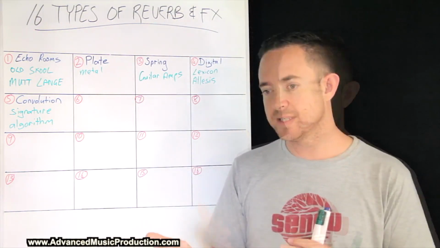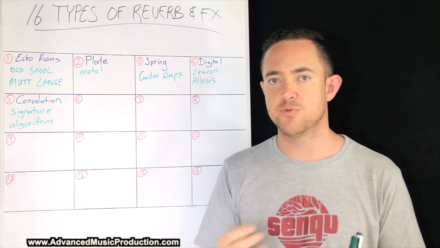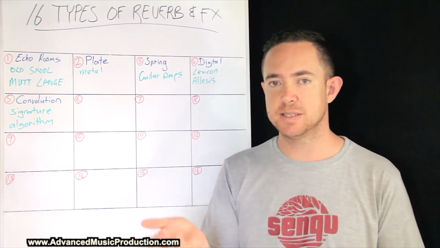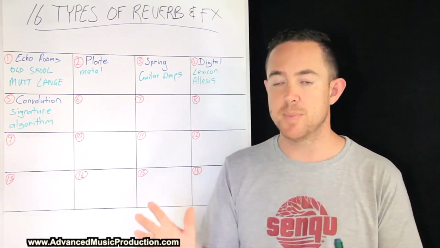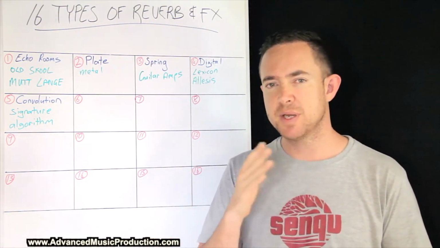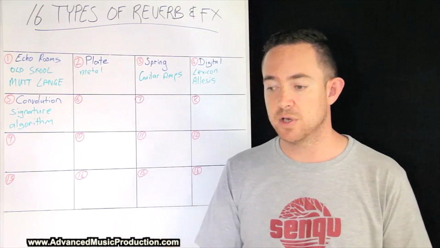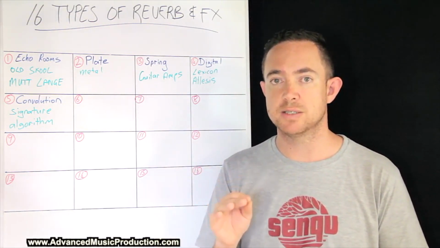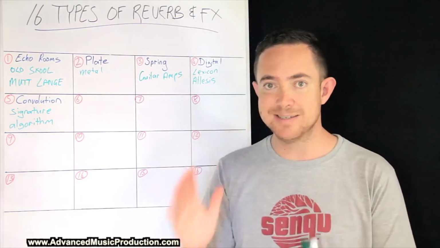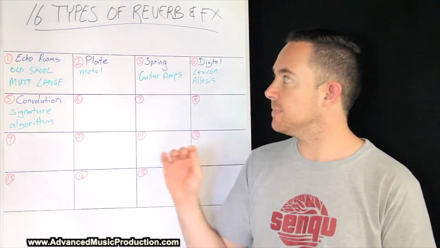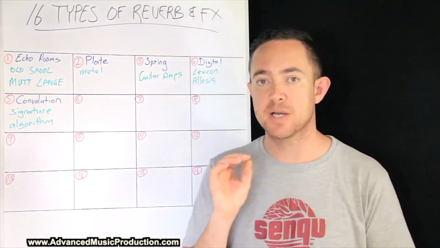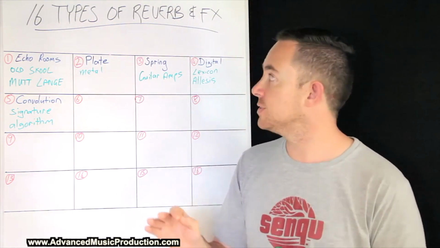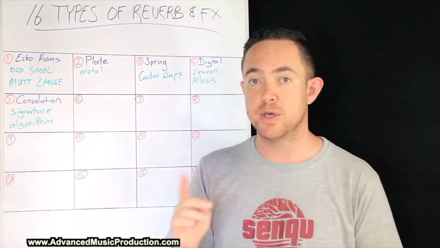And in fact, what's tended to happen in modern times is reverb has actually lost its prominence in music. In the 50s and 60s and 70s, reverb was very big, even in the 80s. But from the 90s to the 2000s and now, in the last 15 to 20 years, reverb has really lost its prominence in music. Reverb still has its place, but something that's happened is delay has become a much more prominent effect in music. And in fact, most of the top producers use a lot more delay than they use reverb.